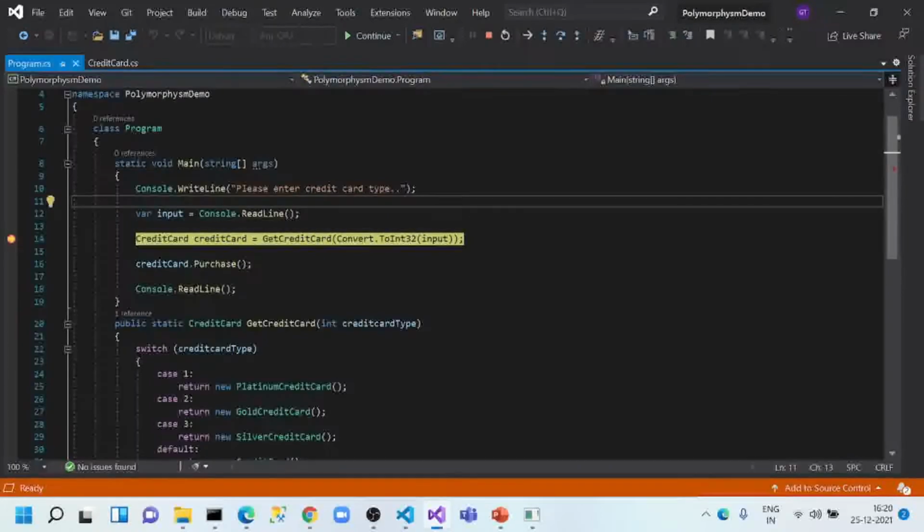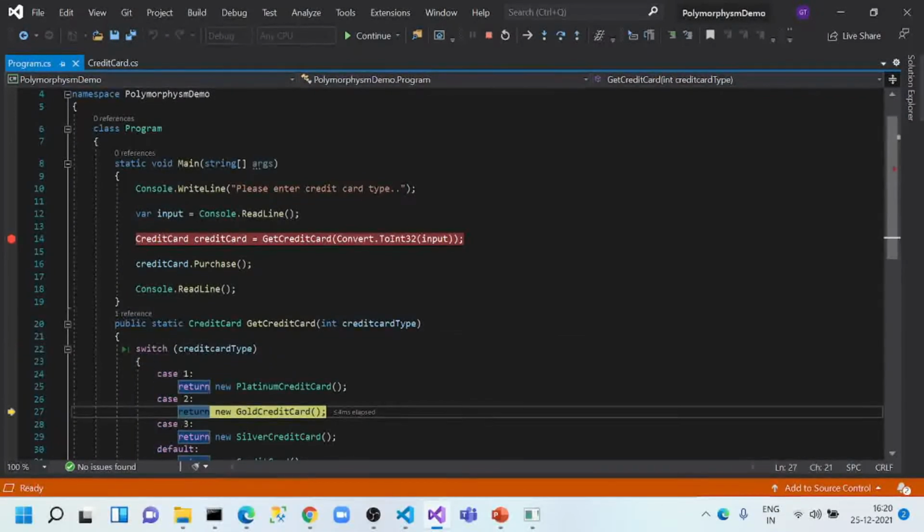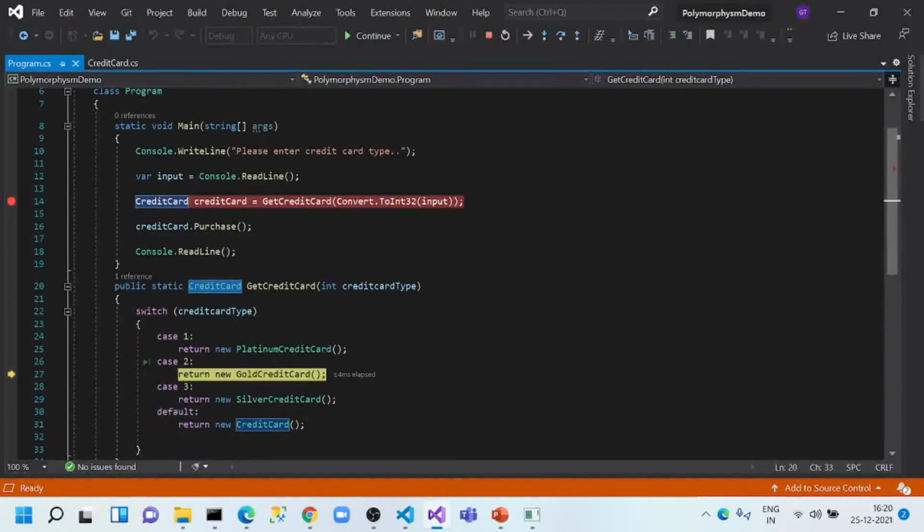Now let's go into this method by pressing F11, and here you can see we have credit card, that our input is 2, so it will go into the gold credit card. You can see that the base class is credit card, but we can return any of the credit card objects.